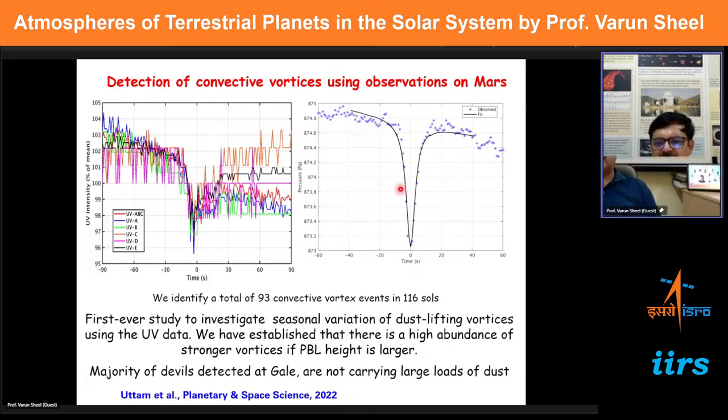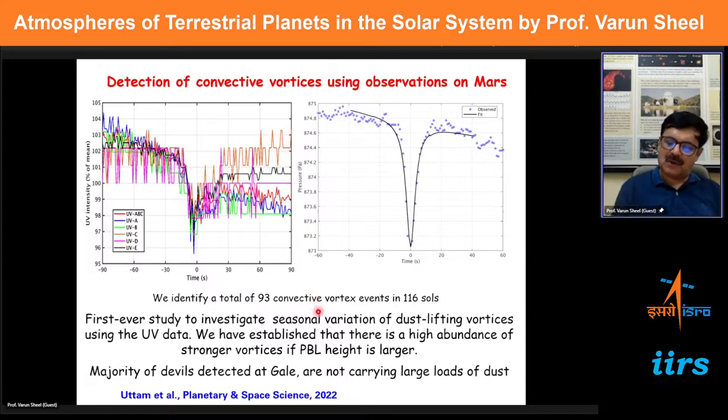So if you observe very short pressure drops suddenly, we try to make out that we observed almost 93 events where convective vortices could have been detected near the rover, and some of them could carry huge amounts of dust. Now, why this is important is that this will contribute to the dust loading of the atmosphere, because the dust is at the surface. So why is it that the atmosphere has so much dust, so much dustiness, and that is what you observe from the ground. You can see it's all dust there, it's red completely.